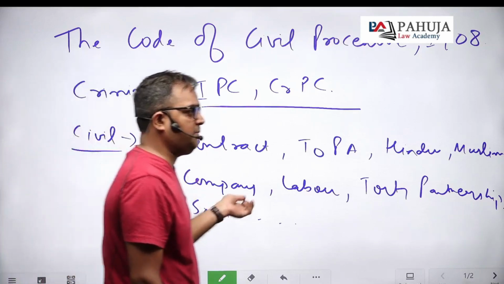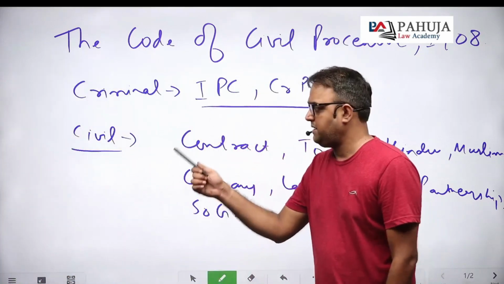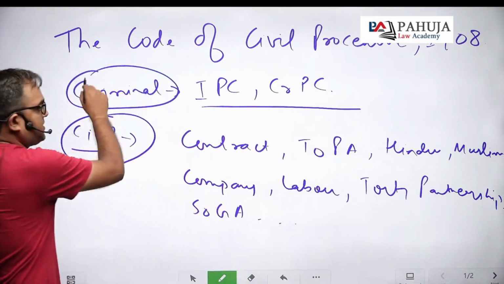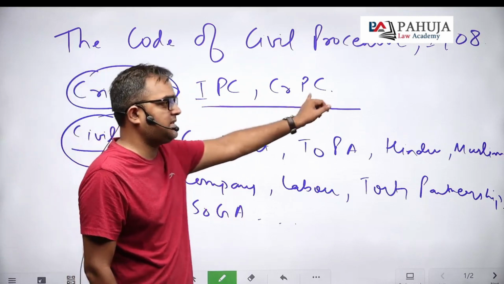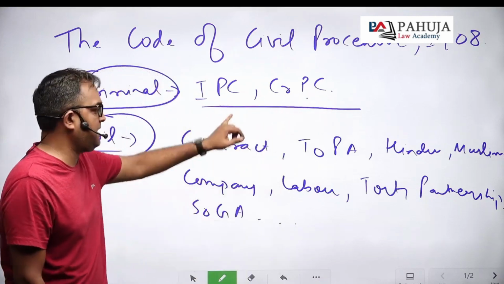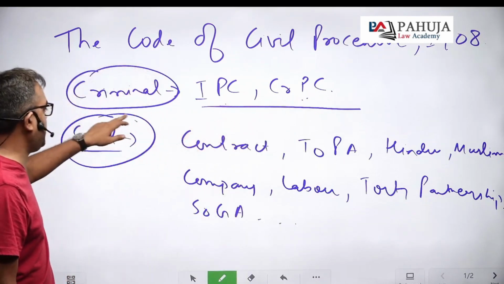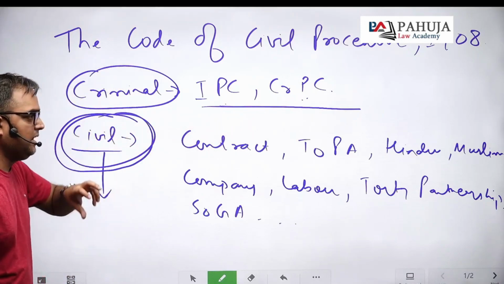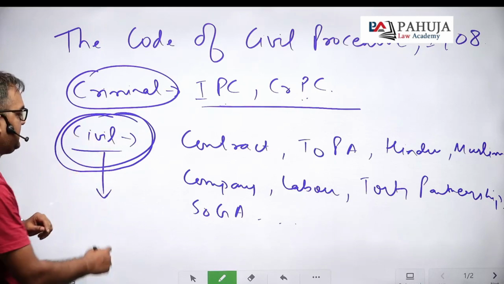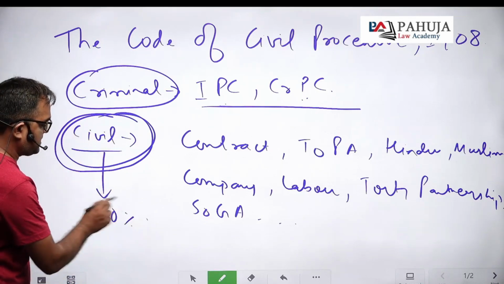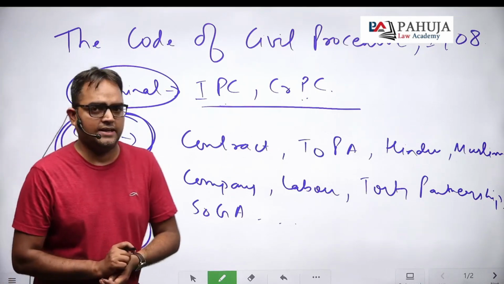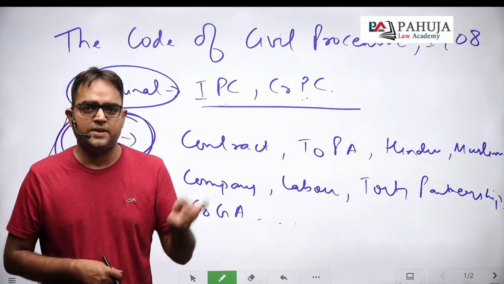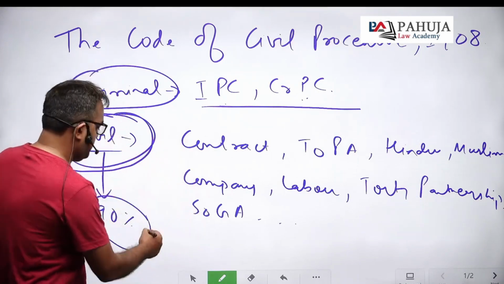So the point that I am trying to make is that civil is much broader than criminal, right? Criminal में the subjects that we have to study are confined to IPC and CRPC, right? You don't need any other act, but almost every other subject we have to study will fall under the civil category. So it is not an exaggeration to say that 90% of the laws fall under the civil category, right? And to regulate these 90% of the laws, there is only one code, which is the CPC,